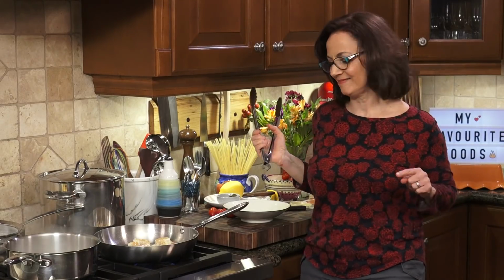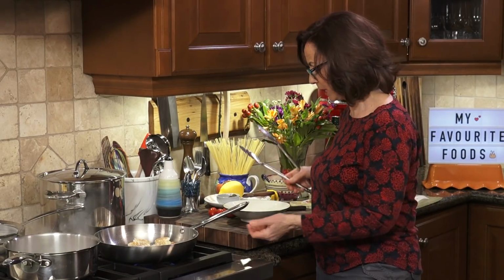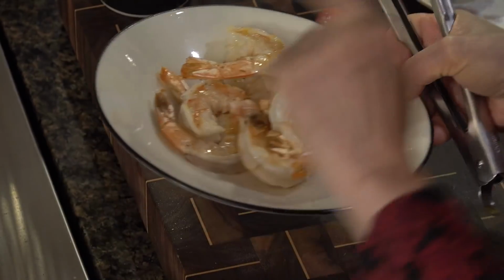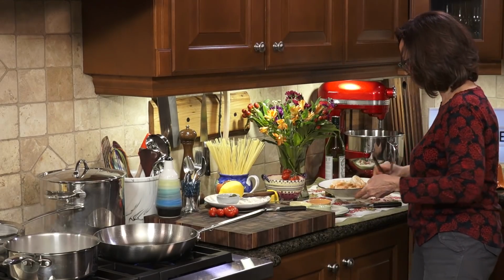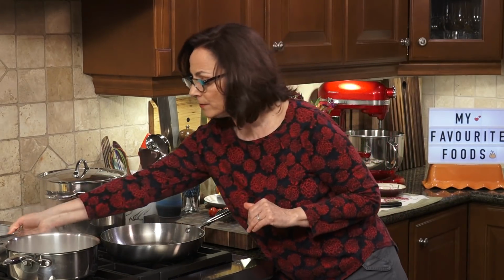Oh baby, nice plump shrimp. About halfway cooked. Now I'm going to remove them. Shrimp on standby. It's not their turn to be in the dish. My stock is ready. So 20 minutes later,